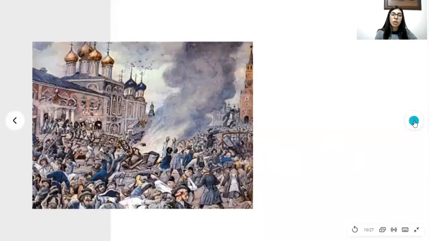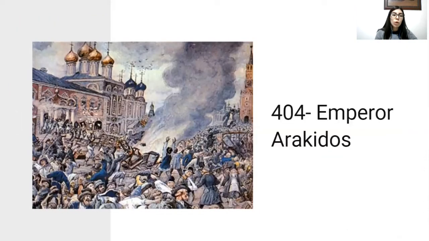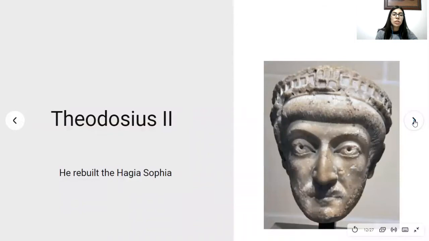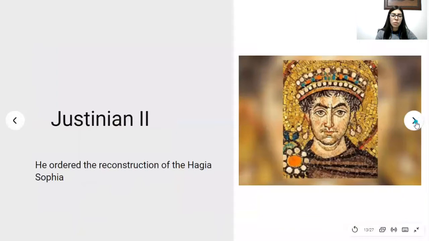Nonetheless, in the year of 404, it was burned as a result of the riots caused by the political conflicts of the family of the emperors Arcadius. He became king and was succeeded by Theodosius II, the emperor that rebuilt the Hagia Sophia. After one century, it was burned to ashes again by the Nika revolt against the current emperor of that time,